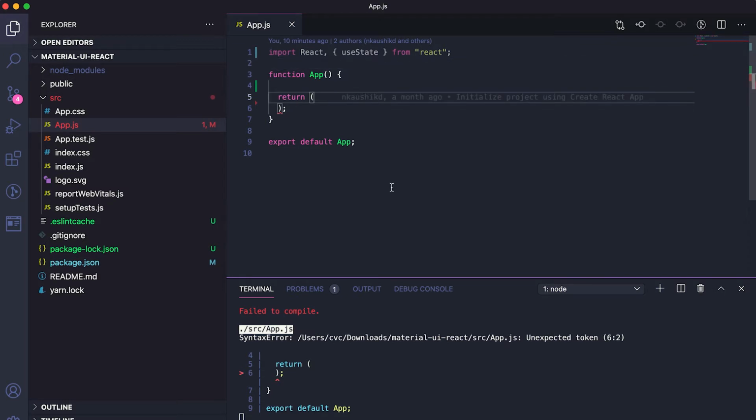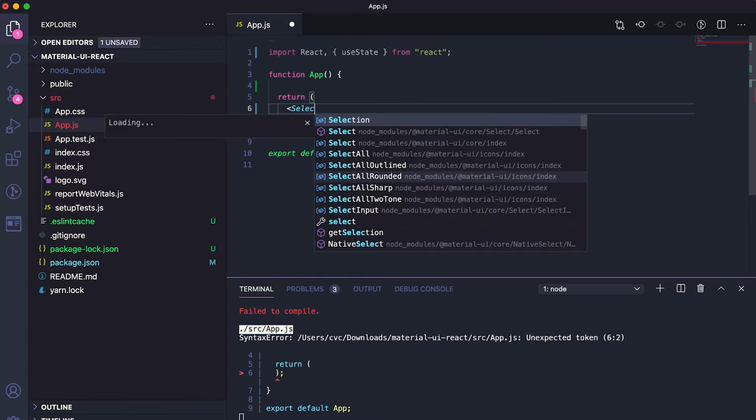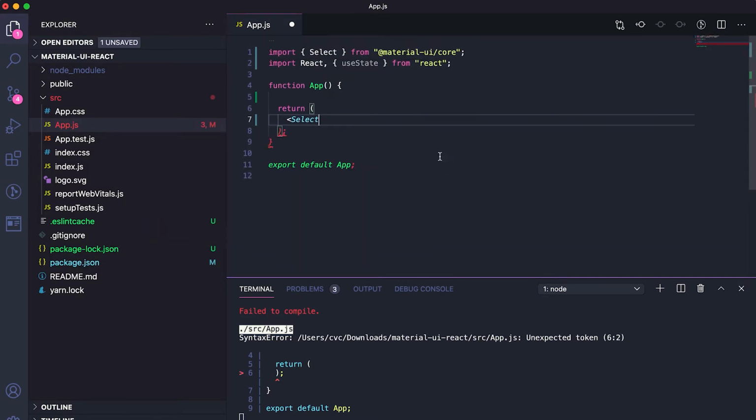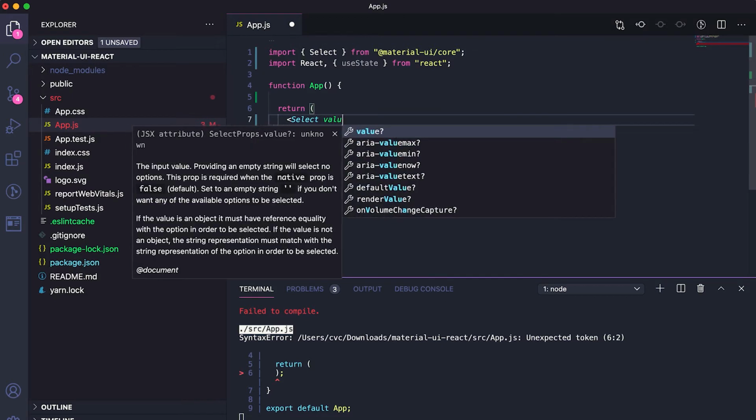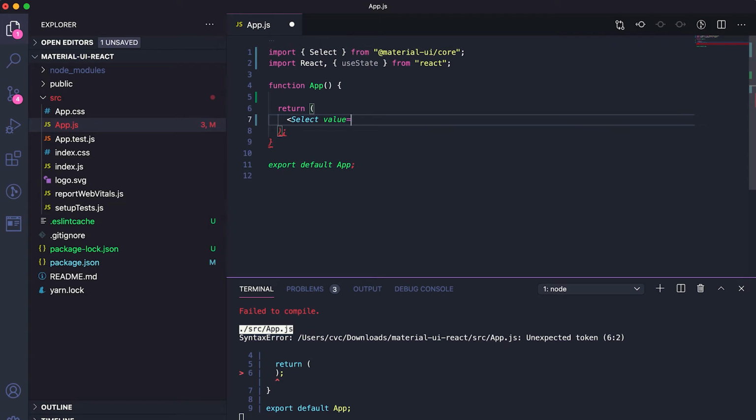So this is the project where I have integrated React Material UI. This is the App.js file, and for this select component, the first thing we need to do is import Select. It is imported from Material UI core. Then we need to give one value here. This is the selected value. Suppose it is 2. The selected value is 2,